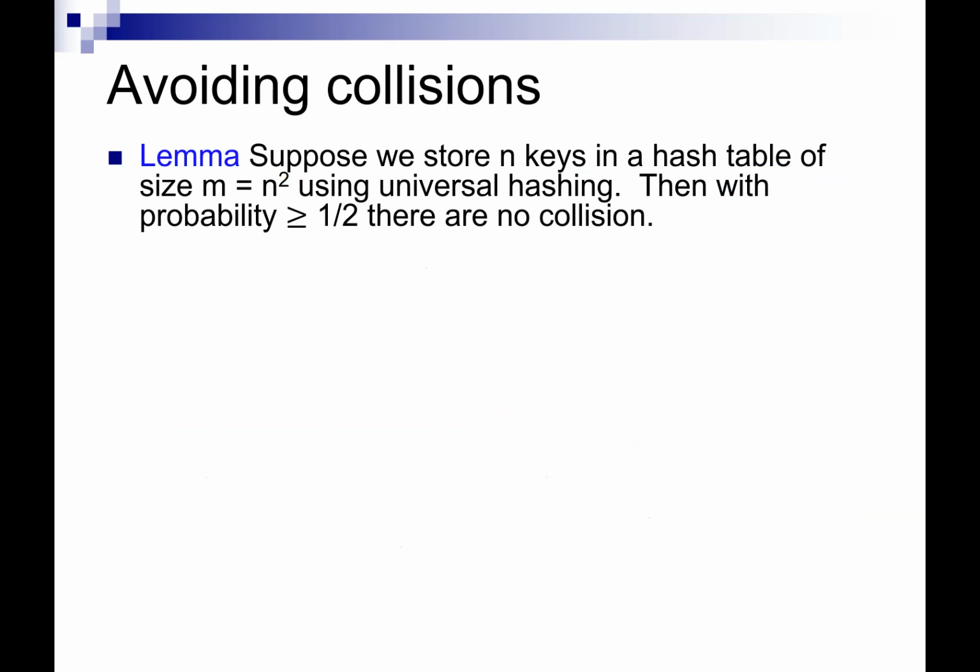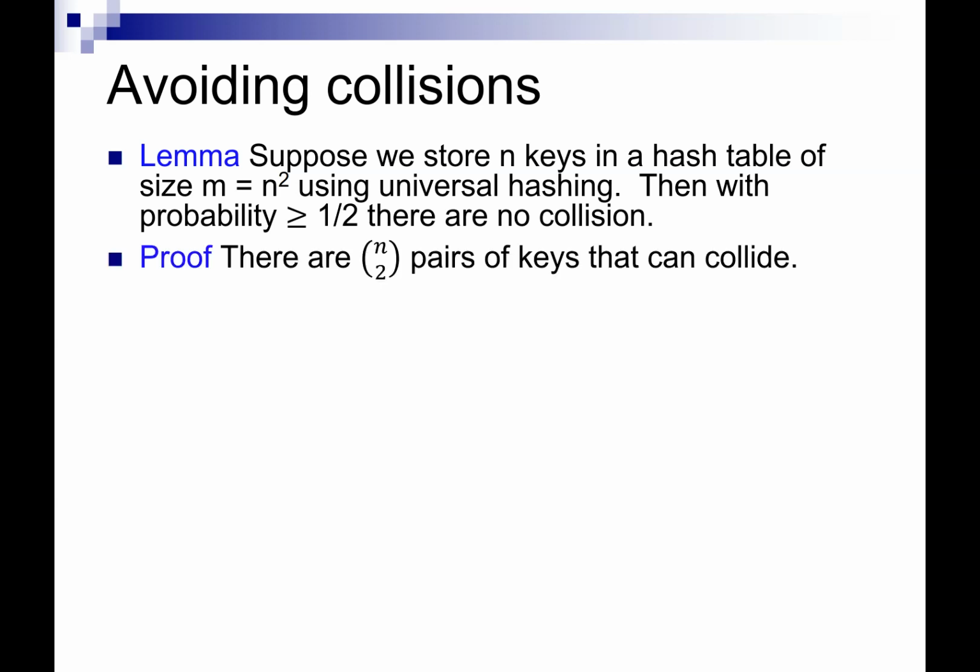So to do this, we're going to have to prove a few things. The first thing is that suppose you want to store n keys. Now this n is different from the n in the previous slide. So you're trying to store n keys, and now let's say you use a very large hash table of size n squared, and you use universal hashing in order to store these n keys. Then the claim is that with at least 1/2 probability,